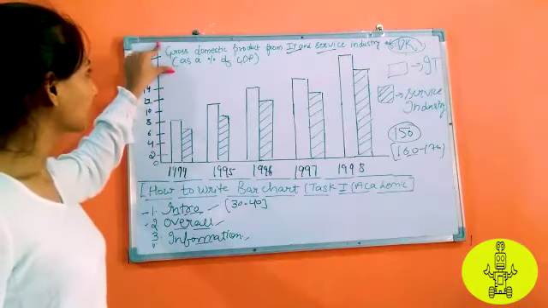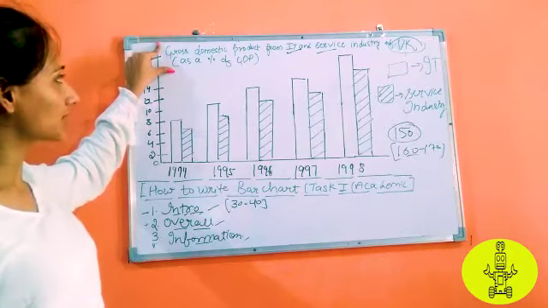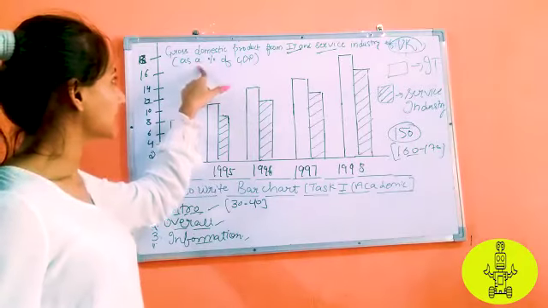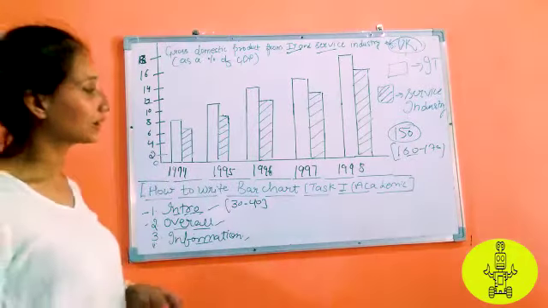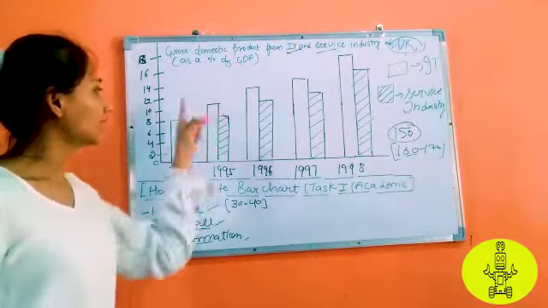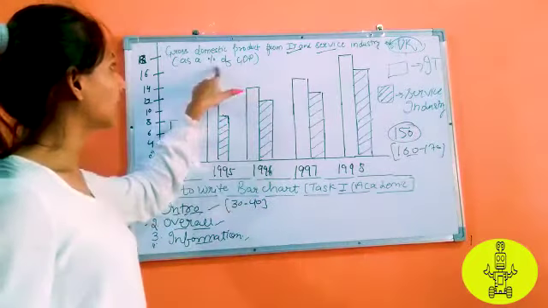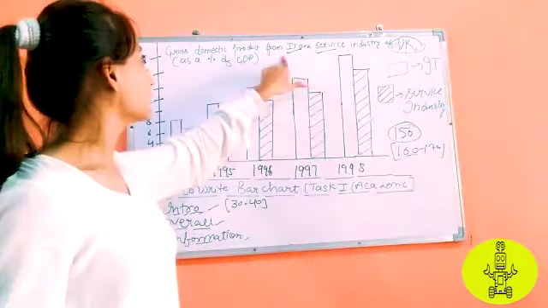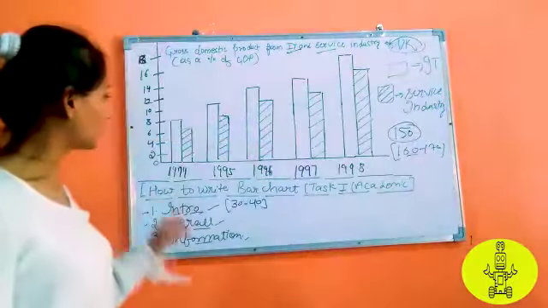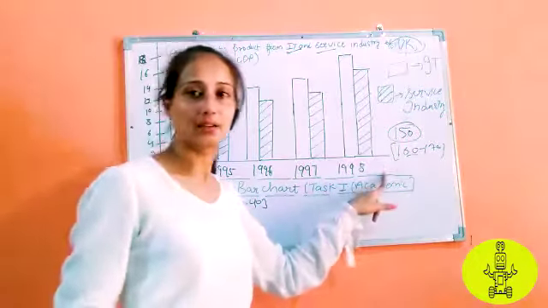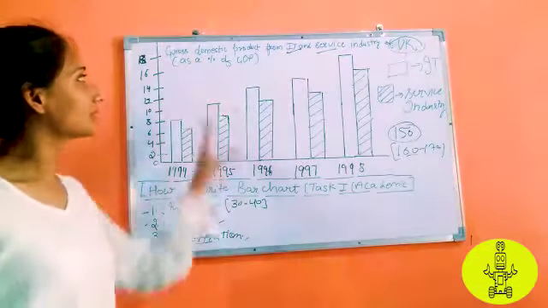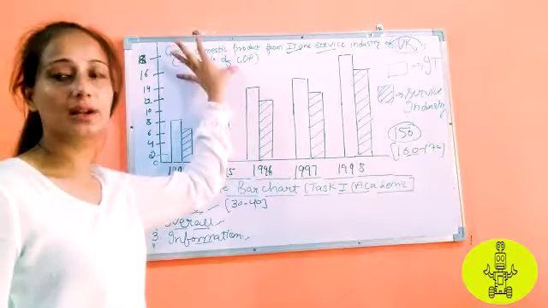So for example, this heading is gross domestic product from IT and service industry of UK as a percentage of GDP. So how can we rephrase this line? You will rephrase it like this: this chart considerably illustrates the domestic product information of IT and service industry of UK from 1994 to 1998. That's the only information, and that's the only introduction you need to write here. It means you just summarize and rephrase this heading.